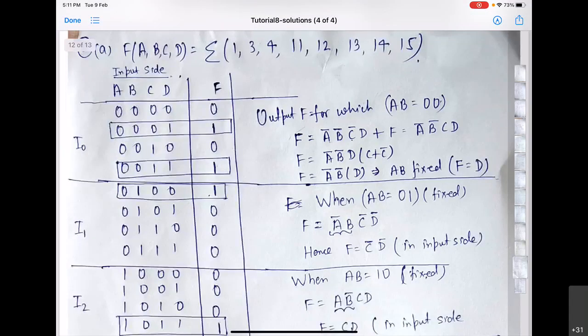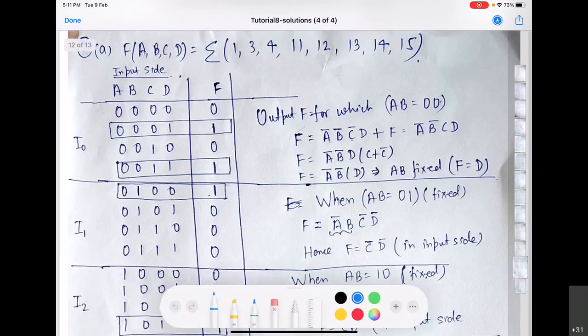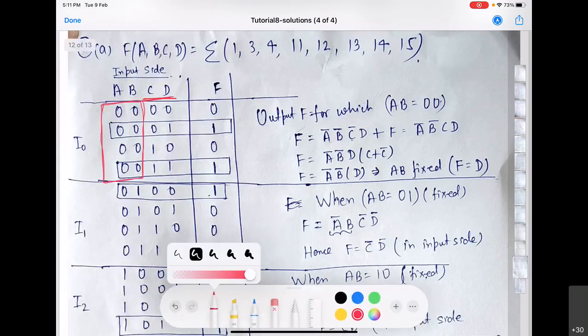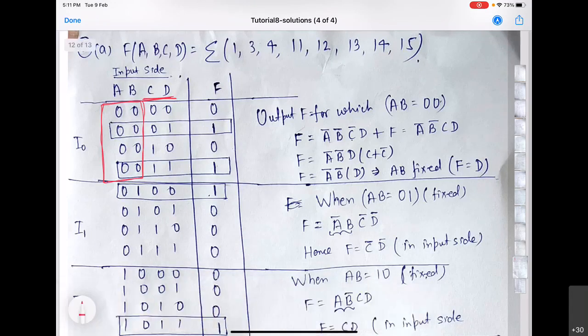So for example, this is question number 1. Let us see how to fill that, how to find out the circuit corresponding to CD. So here A and B were connected to the selector pins. So when A and B are 0, for example, for all these 4 cases, A, B are 0, right? In this case, F will actually be decided only by C and D.